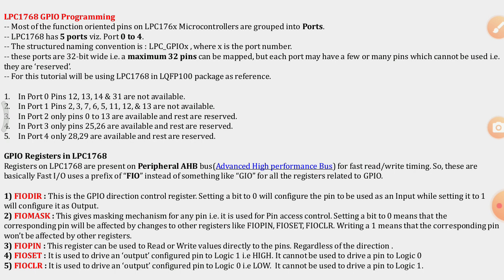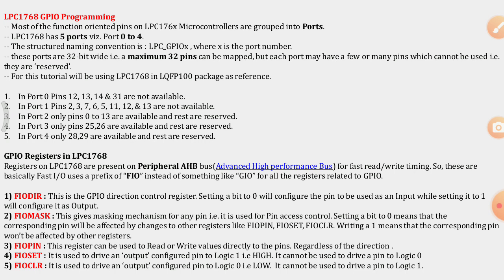Then we came to know about the ports. Now how to access the ports? There are GPIO registers in the LPC1768. These registers are present on the AHB bus, a peripheral AHB bus, so that any peripheral can be accessed through this bus, the advanced high performance bus, for fast read-write timing.